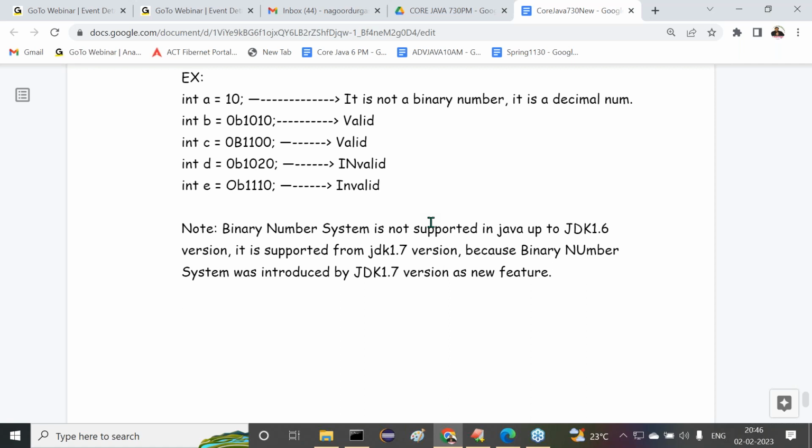Next one, after that, is the octal number system. Are all of you getting clarity on this? Binary number systems, all of you are okay? At the end we will see some examples, a few more examples, such as internal conversions or arithmetic operations over the number systems. Different examples we are going to understand. But first of all, understand this octal number system.